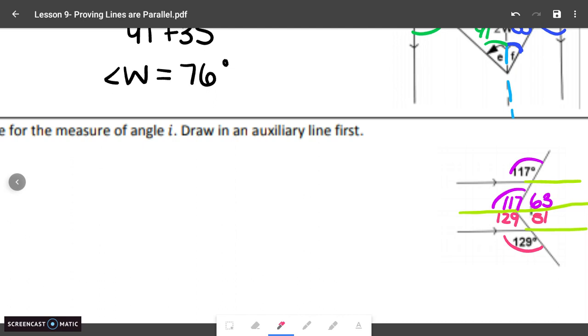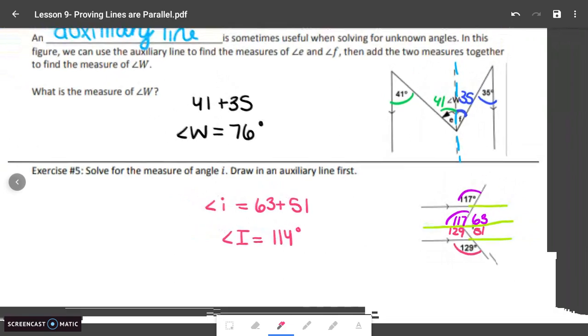51. And to find angle I, we just add 63 plus 51 together. So angle I in this case is going to be 114 degrees. You could have done it differently using vertical, and then the sum of the interior angles of a parallel line equals 180, anything along those lines. But auxiliary is just something you can use on your own to add